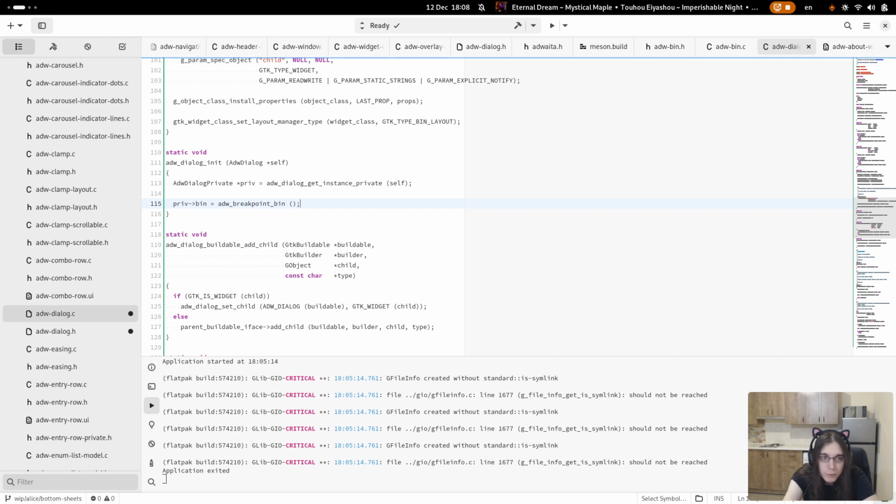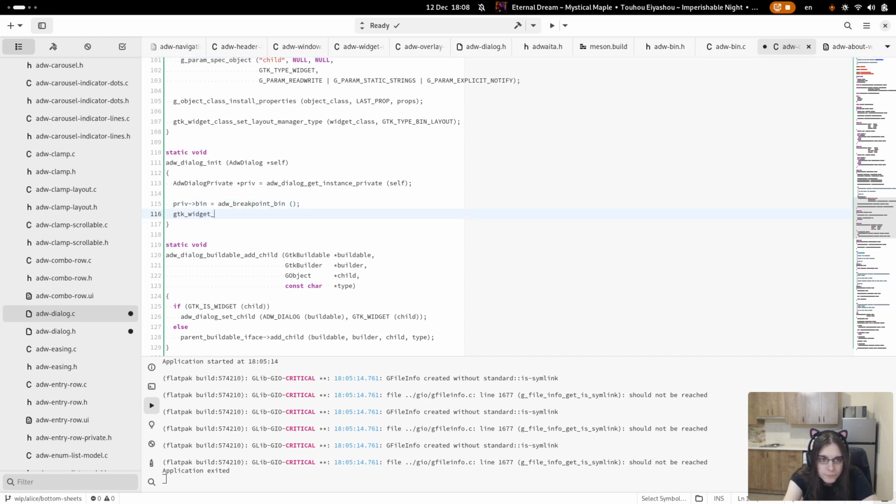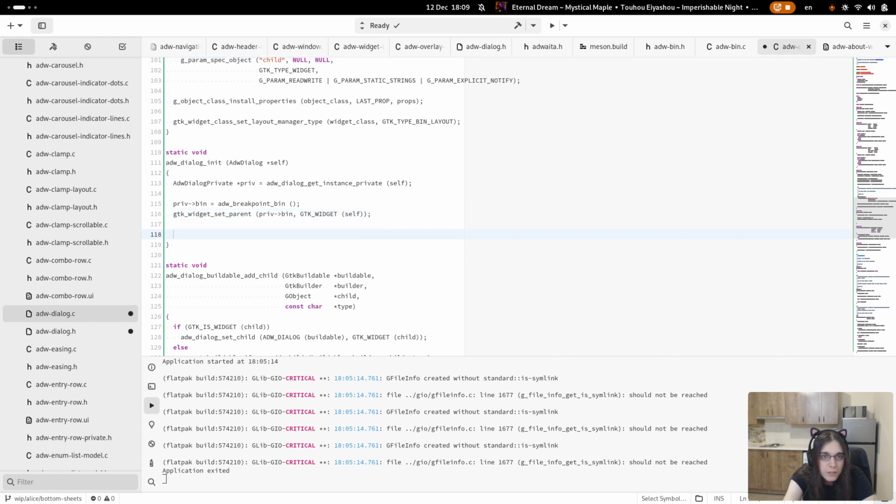So we create a new breakpoint bin. We set it as a parent of this one, not as a child of this one. This specific widget has a bin layout, it's fine, we'll just keep that, and everything else will be inside the bin layout.